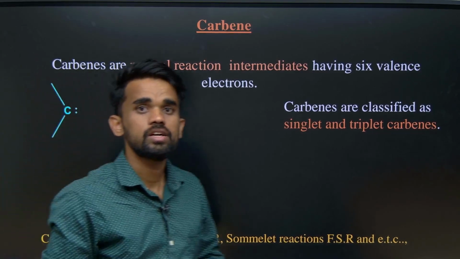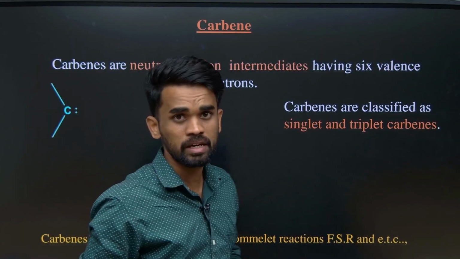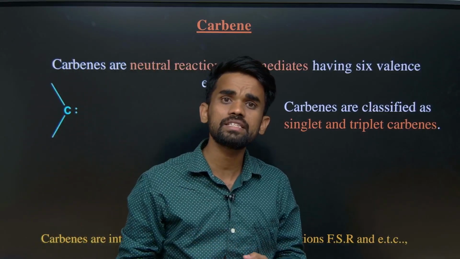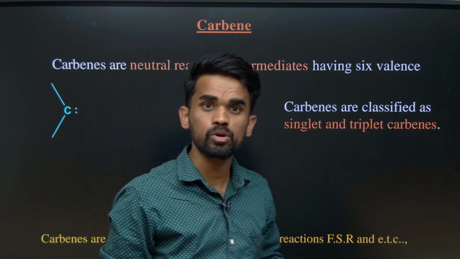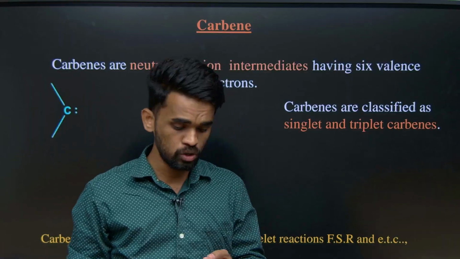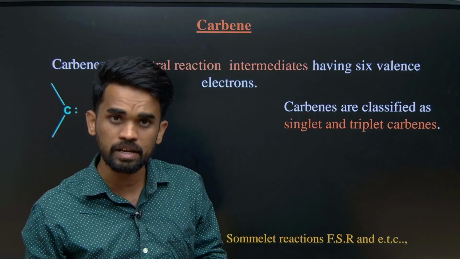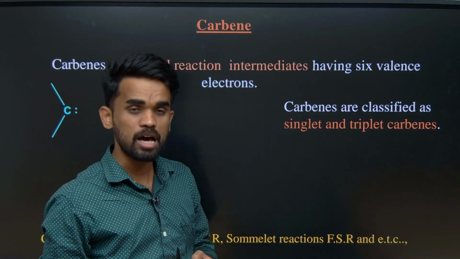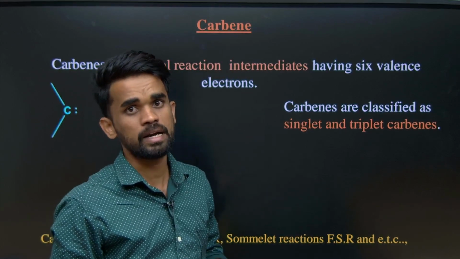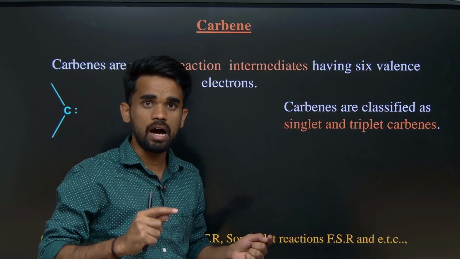Dear students, in continuation of the last class, we will be continuing with the remaining reactive intermediates. In the last class we discussed carbocations, carbanions and free radicals. Carbocations are electron deficient, having only 6 electrons, with sp2 hybridization. Carbanions have 8 electrons and are sp3 hybridized with pyramidal geometry, isoelectronic and isostructural with ammonia.